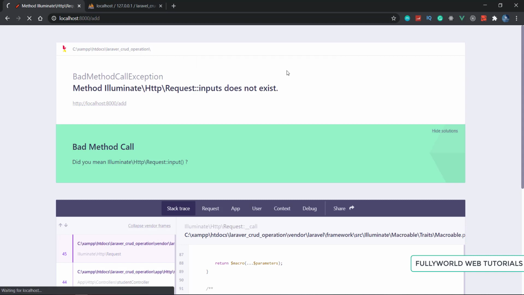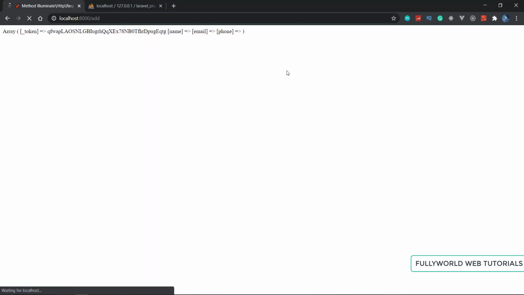I'm going to resubmit this form, and see that we are getting our data in array format. First we are getting our token, then name. When I refresh and resubmit this again, the same thing happens. We are getting email and phone also.